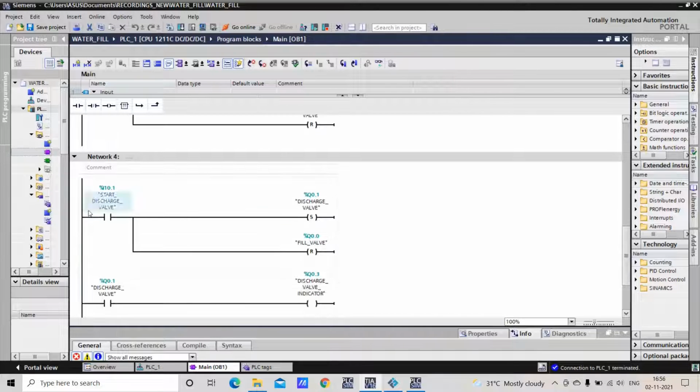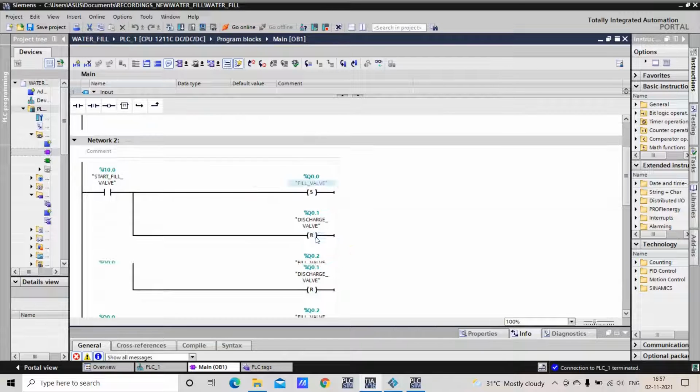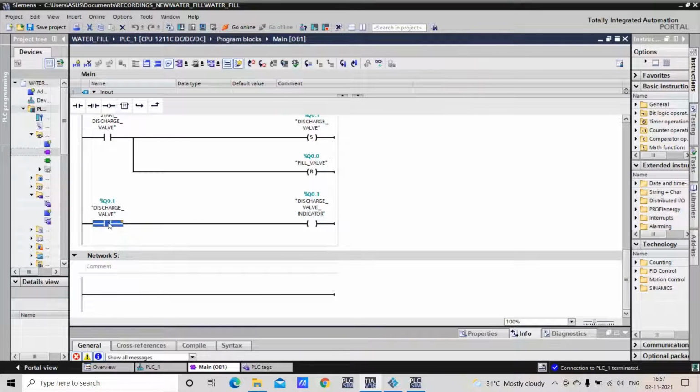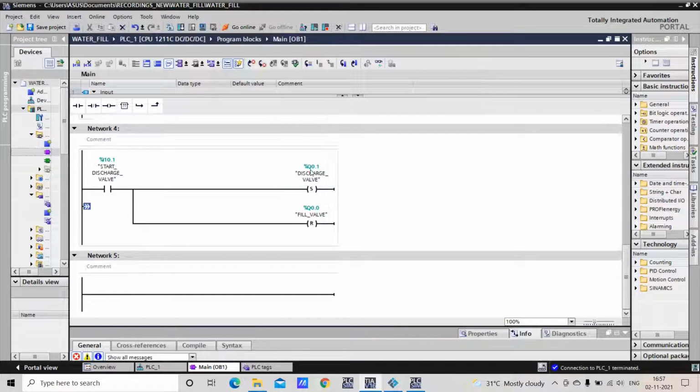Similarly, when I press this discharge valve button, it starts discharging the water. Whenever I start, it will start discharging, that we have seen already, but it should stop discharging after a period of time. For example, after 20 seconds, it should stop discharging automatically. Okay, so how to control that, how to do that working? So this is what we are going to see now. So for that, I will delete all this program and I will start from the beginning.